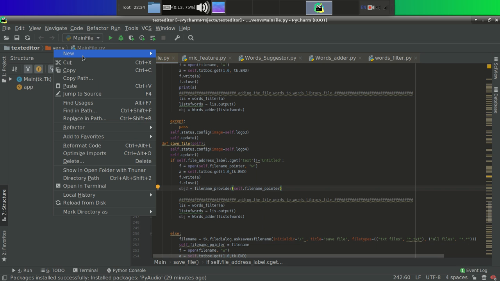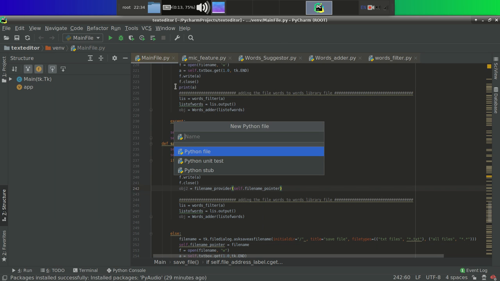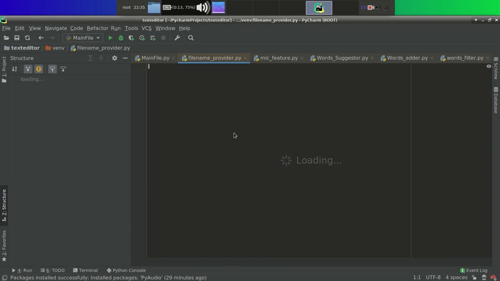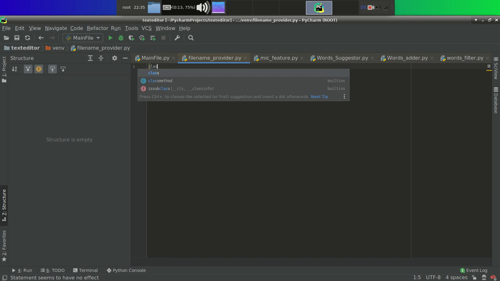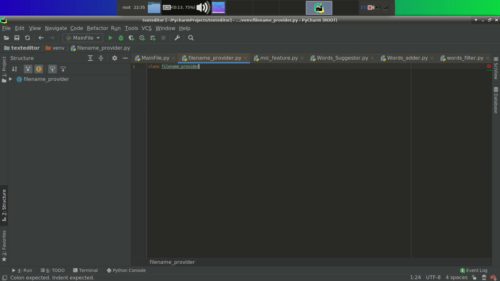Let's create a new Python file, and the name of the file will be file name provider. The same name will be assigned to the class. So class, control V, and then use the constructor.